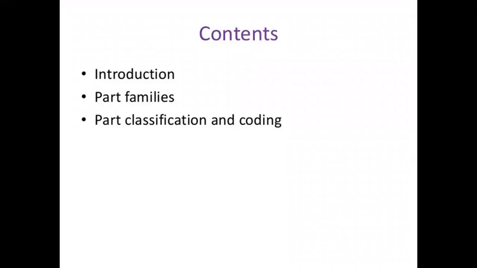Group technology is a manufacturing philosophy in which similar parts are identified and grouped together. Why are similar parts identified and grouped together? Here the main intention is to take advantage of their similarities in design and production. When the various parts are identified and grouped together to take advantage of their similarities in design and production, we call it group technology. Here the various parts are identified or arranged into part families.